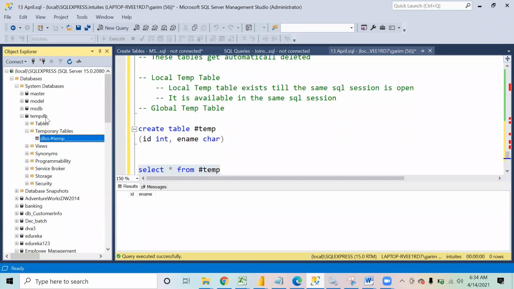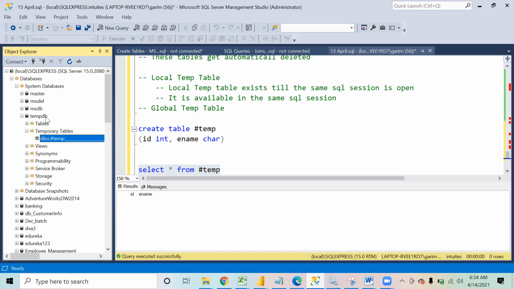That data will have a lot of missing values and additional columns which will not be required. So they load the data into a temporary table, start cleaning and processing it, and finally store the cleaned version of the data in a permanent table. So they will not have to keep removing those tables by writing a command. These tables will get automatically deleted.